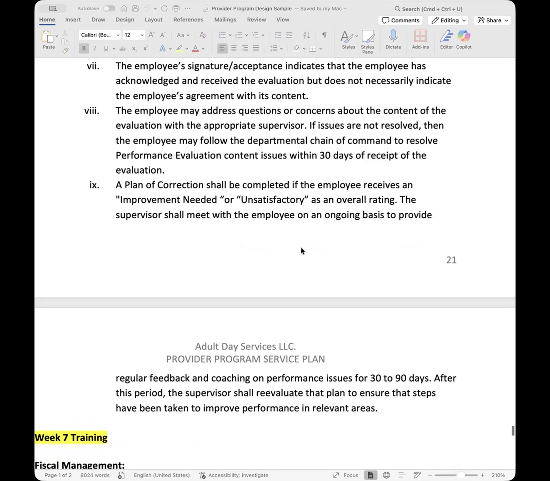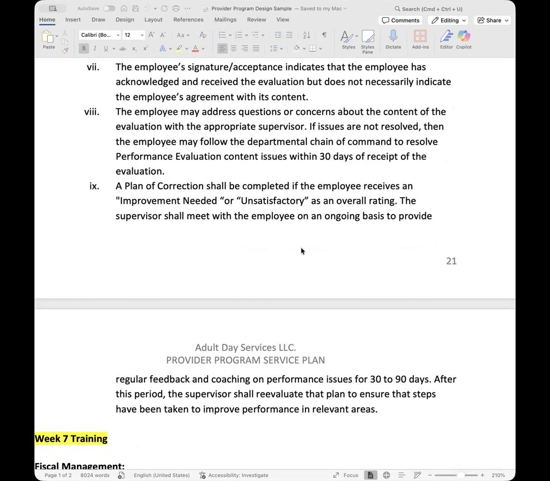Next week, like I said, we'll be doing our last week of program design training. We'll go into the financial management of things. And then after that, we will be starting our financial projections and going into all the costs of the programming, what your revenue is going to look like, what your working capital is going to be needed, and then startup capital. So working capital and startup capital are two separate funding sources. So we'll be going over both. Like I said, that will be what's expected for the next couple of weeks of the training.